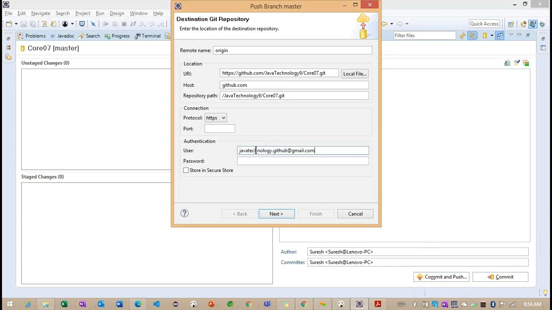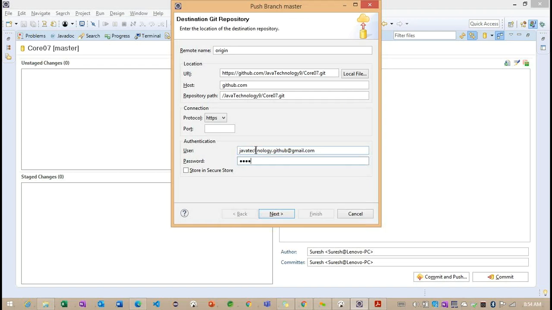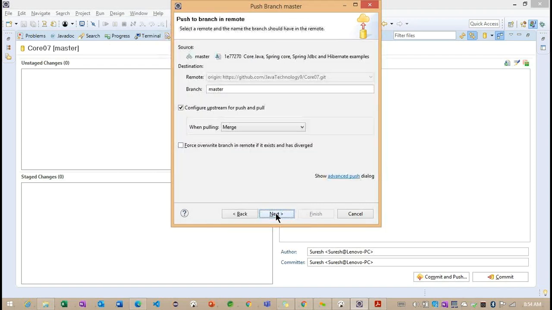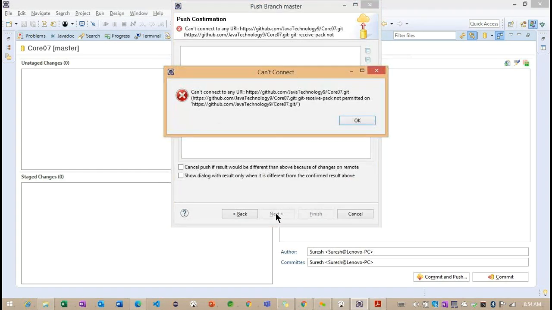GitHub, the repo. Let me see if it is going to connect or not. Why am I getting an issue here?